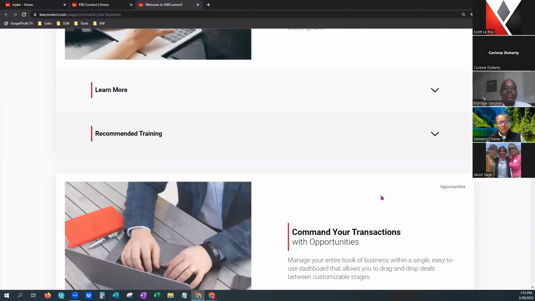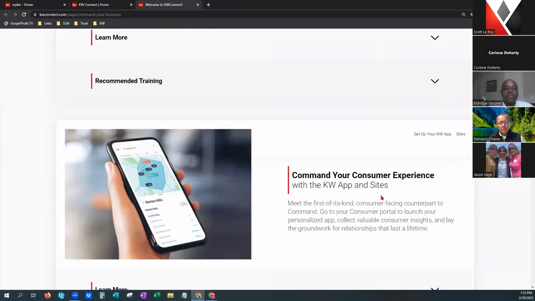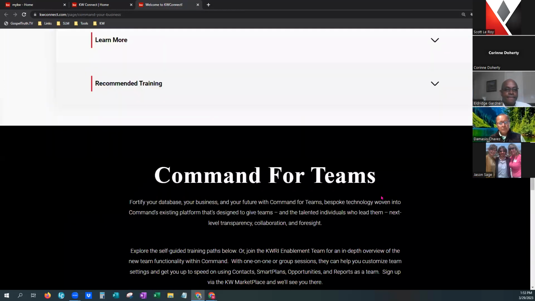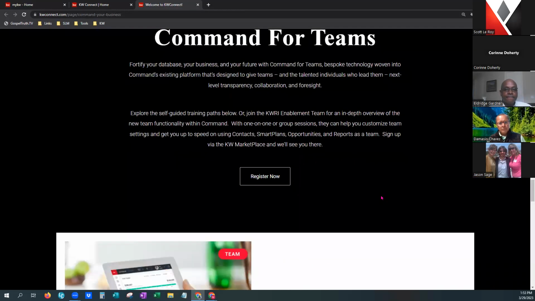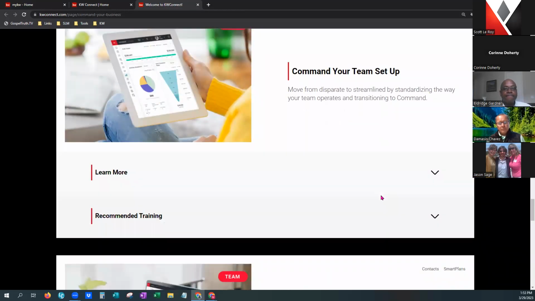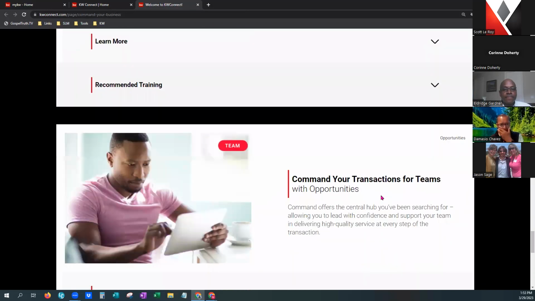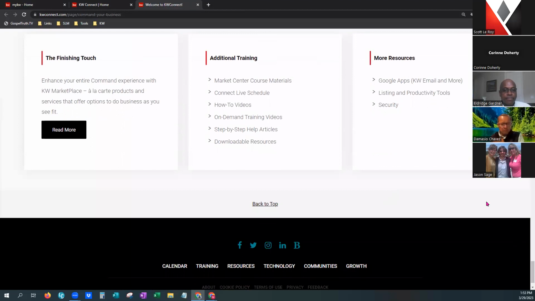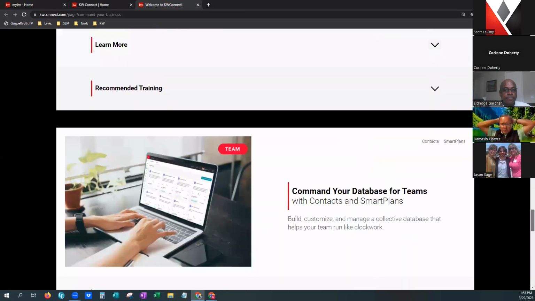It has some articles for you, just a lot of information to help you get started. Get us down here to the bottom. Command for Teams is also there, and gets into some more information down here at the bottom. So I just wanted you to see how many resources are here, but specifically how to get you started in